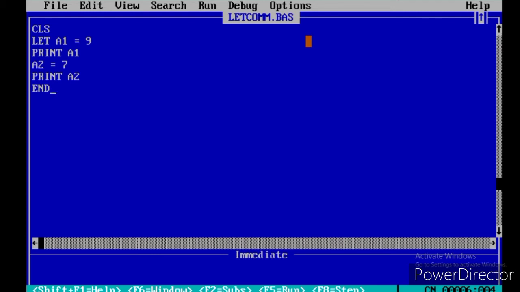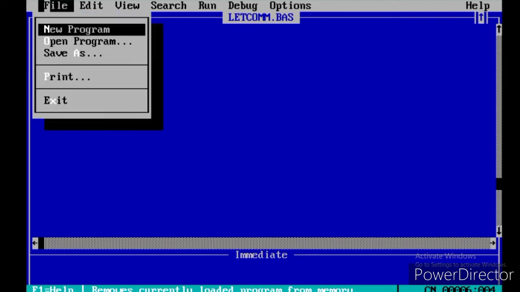Okay. Now as you have .pdf for PDF files, you have .doc for document files, you have .xls for Excel files, similarly, you have .bas for QBasic file. So looking at the file name with that .bas extension, you will come to know that it is the QBasic file. All right, let me come out of this, or shall I say new program?